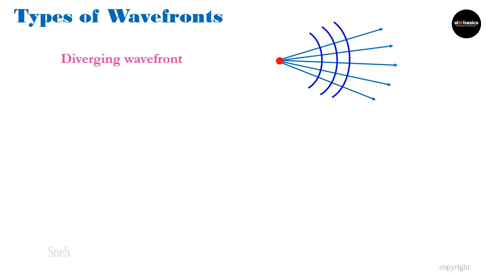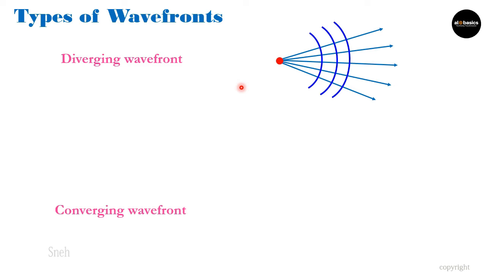When we studied spherical wavefront and cylindrical wavefront, we saw that in those wavefronts, wave normals are radially outward, or they are diverging, and we call such types of wavefronts diverging wavefronts. So we saw that for spherical wavefront also, for cylindrical wavefront also, wavefronts are diverging wavefronts. So can we not get converging wavefront? Yes, we can get even converging wavefront.